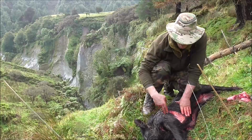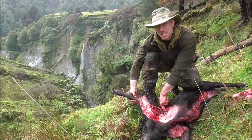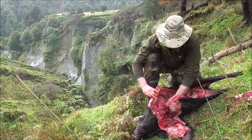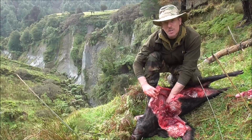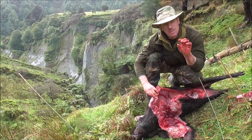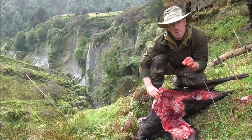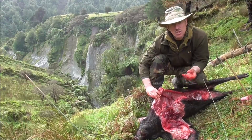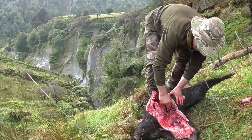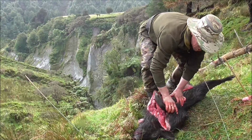The bullet has struck the shoulder, it's broken a part of the scapula, it's entered through the rib cage here, it's taken out the lungs, it's done a very good job there. There's actually a bit of spinal damage as well, so it has completely broken the spine as the bullet's fragmented, but that's not the actual central wound path. However, there was just enough fragmentation to cause that level of damage. Through here we can see a large exit wound going into the offside shoulder. The offside shoulder is actually broken,